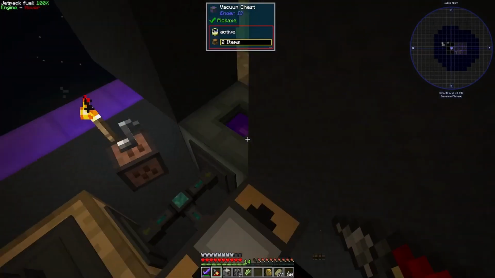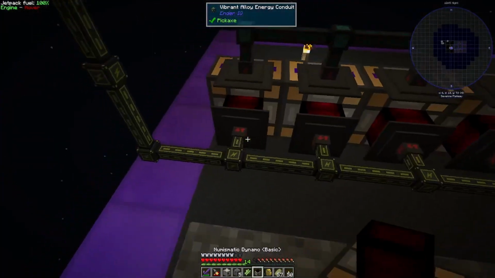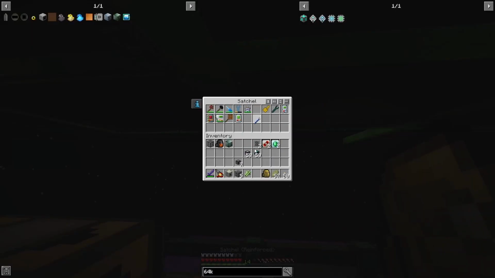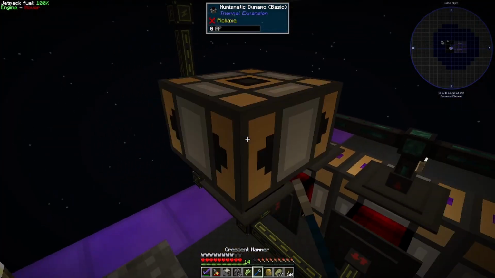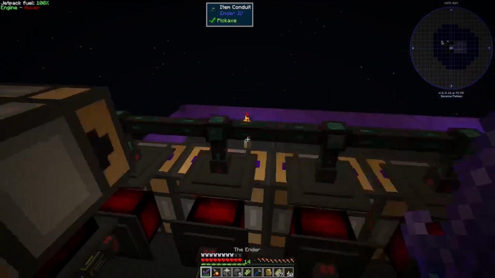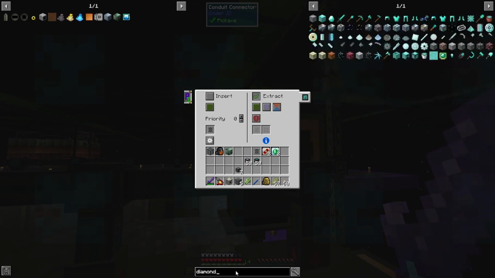Let's just move that one, because I'm not going to be able to really put an item conduit where it was located. But, oops, there we go. And so those are just going to both need an item filter set to diamonds,